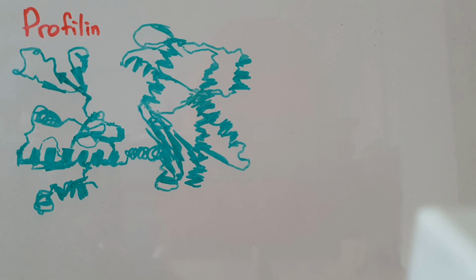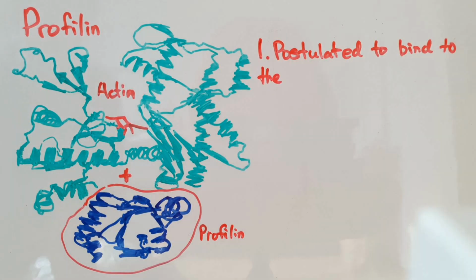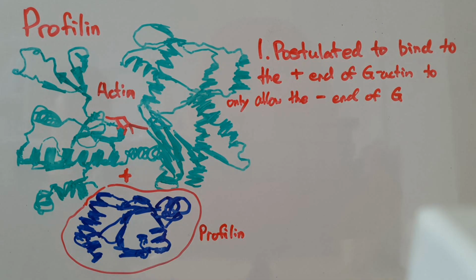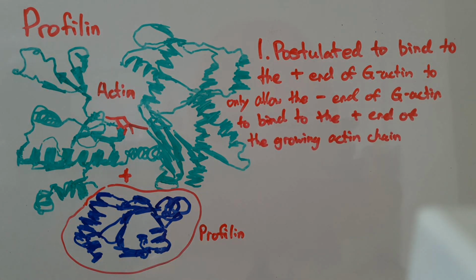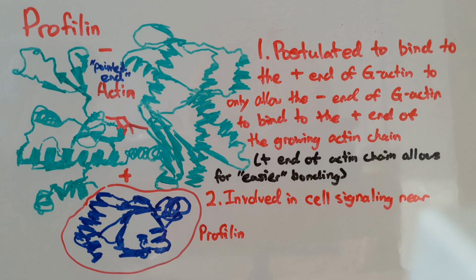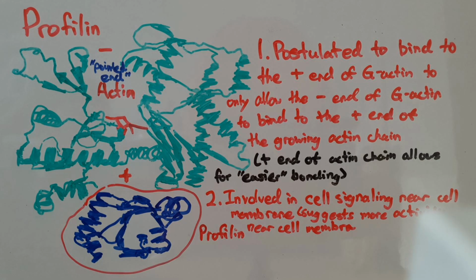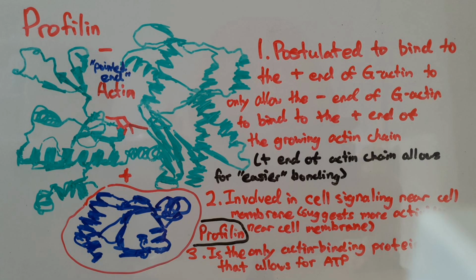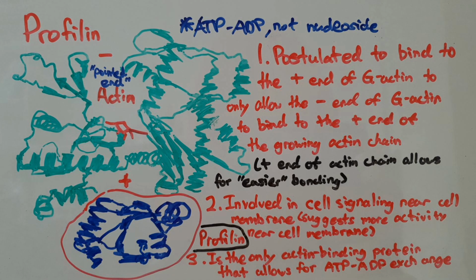Profilin is postulated to bind to the plus end of a G-actin monomer to allow for the minus end, also called the pointed end, to bind to the more binding-active plus side of a growing actin chain. 2. It is involved with cell signaling near the cell membrane, suggesting that it is especially crucial to actin polymerization. And 3. It is the only protein that binds to actin that allows the exchange of nucleotides between the actin, for example, ADP to ATP. This exchange of nucleotides allows for a more ready bonding and a stronger bond compared to